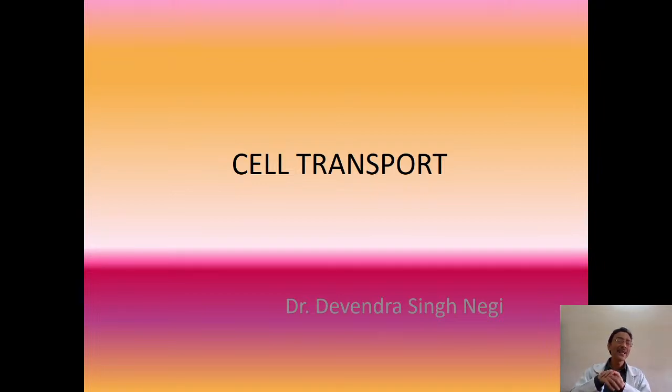So also when you feel a little dehydrated or when you are thirsty, it means that there is less water inside the cells, or the extracellular fluid contains less water. So you drink water. When you drink water, the water is absorbed from the GI tract. It enters into the circulation, and from there it is distributed to different parts of the body, and through transport across the cell membrane, this water enters into the cell, and the ICF water level is getting corrected. So therefore it becomes important that the cell membrane allows substances to move across it in either direction, when it is needed from outside to inside or from inside to outside.